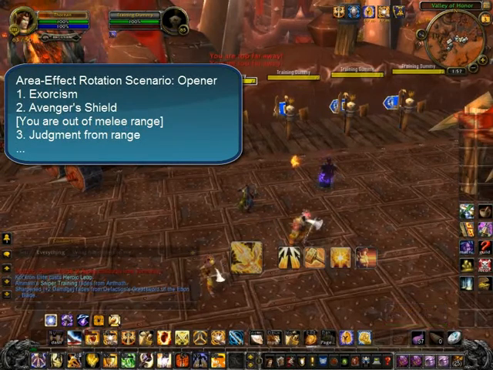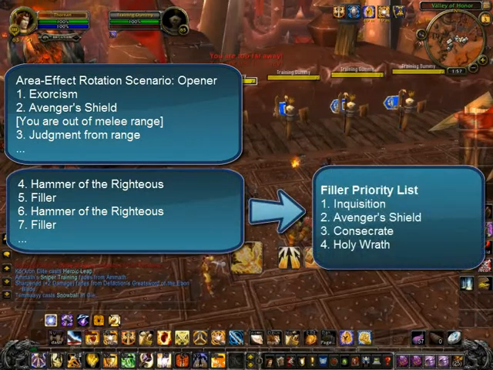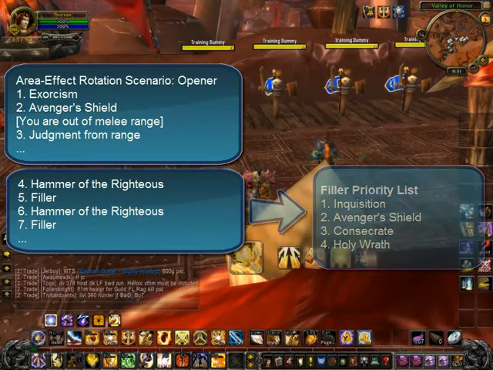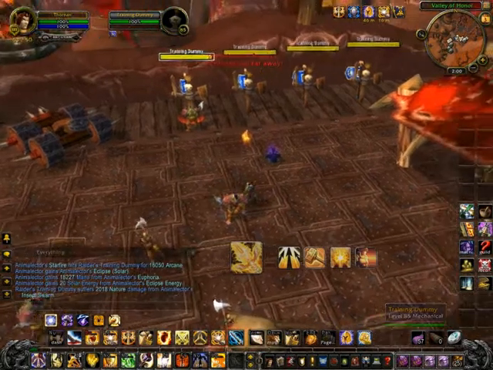Once you are within melee range, then it's just a matter of alternating between Hammer of the Righteous and a filler. You can see this in steps 4 through 7 in the scenario. In the case of an AOE rotation, the filler can be Inquisition, Avenger's Shield, Consecration, or Holy Wrath, in that order of priority. Now that we've covered the rotation at a high level, let's walk through an example of the